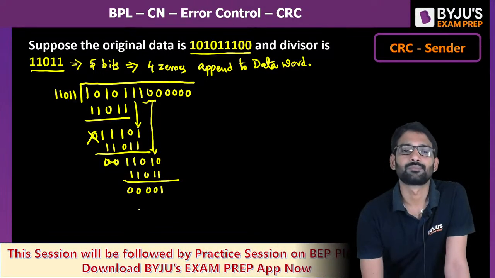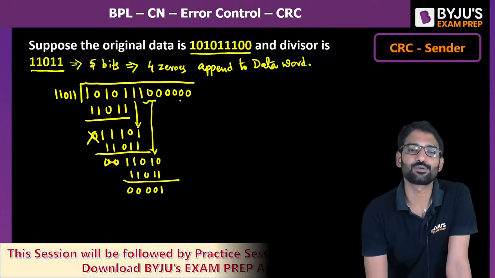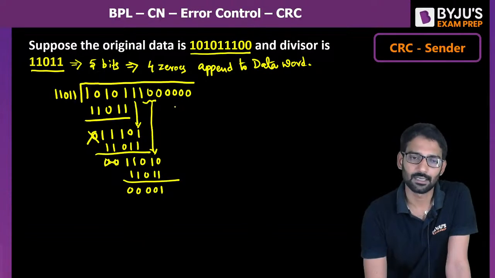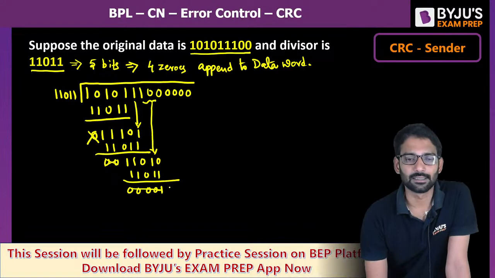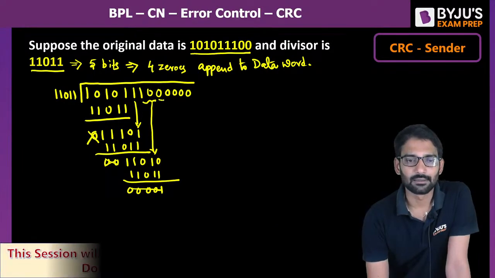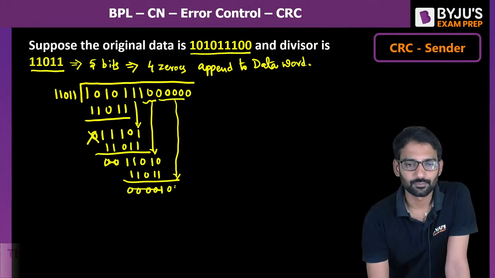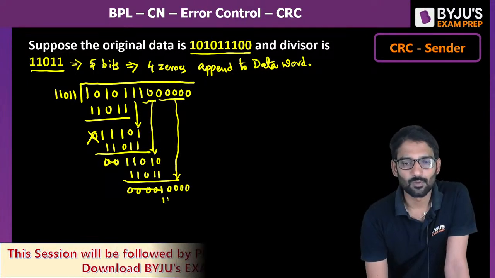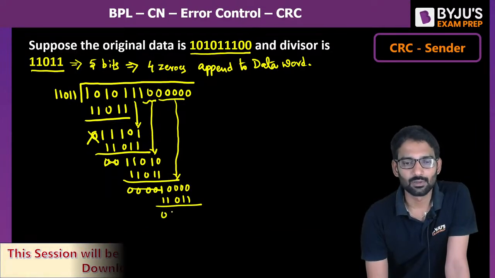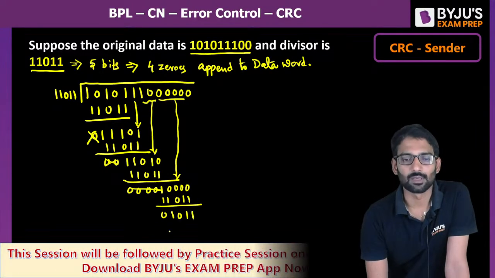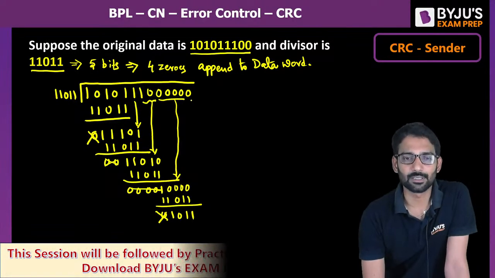00001. Here 4 zeros you can see. Do we have 4 bits to borrow? Yes. So you can neglect these and 4 zeros you can straight away borrow. 11011. 01011. Now, one MSB 0 is there,